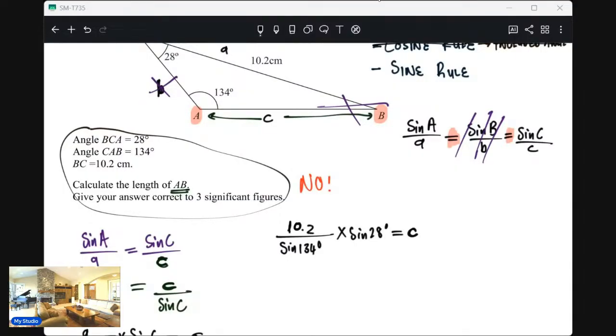What do you get? Did you punch nicely? Anyone can punch that. Let's punch 10.2 divided by sine 134 times sine 28. You get